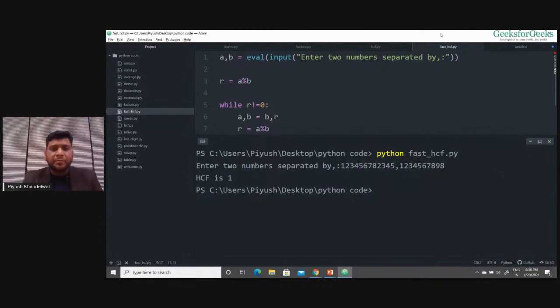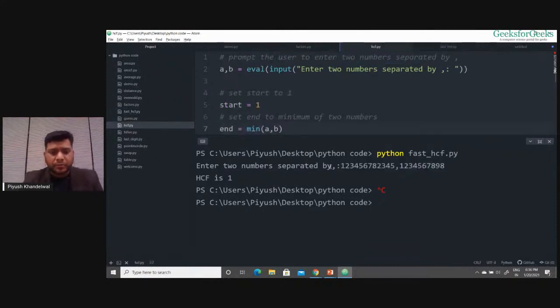Our previous program, see, if I take these values, I'll copy these values and give them to my previous program.